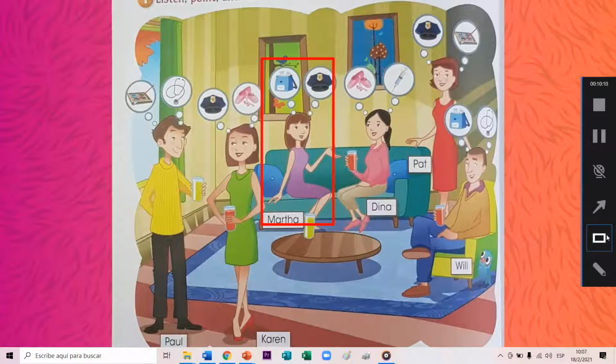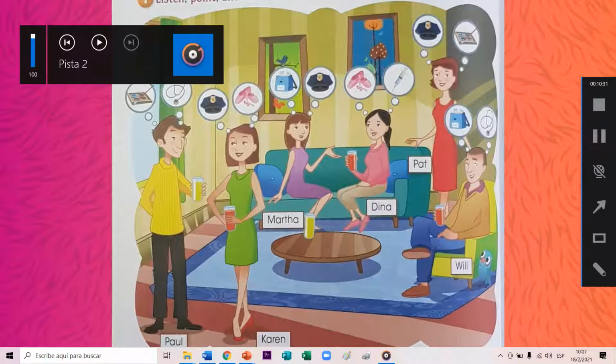Nice to meet you, Martha. I'm Dina. I'm a nurse. Do you work at the hospital? No, I work at the doctor's office. I'm Will. I'm a doctor. I work at the hospital, and I work at the doctor's office, too. I'm Pat, and I'm a police officer. I work at the police station. It's nice to meet you all.